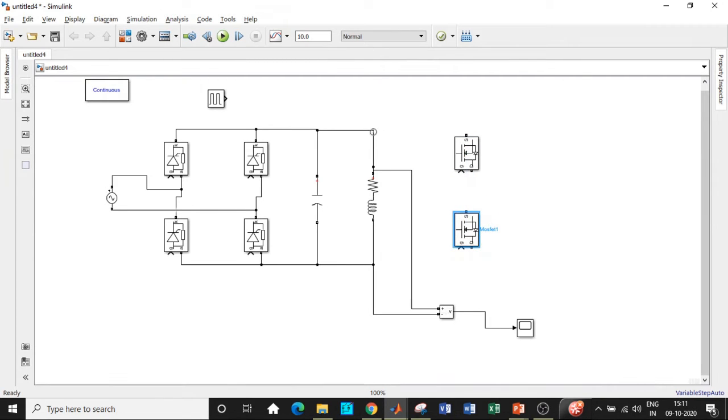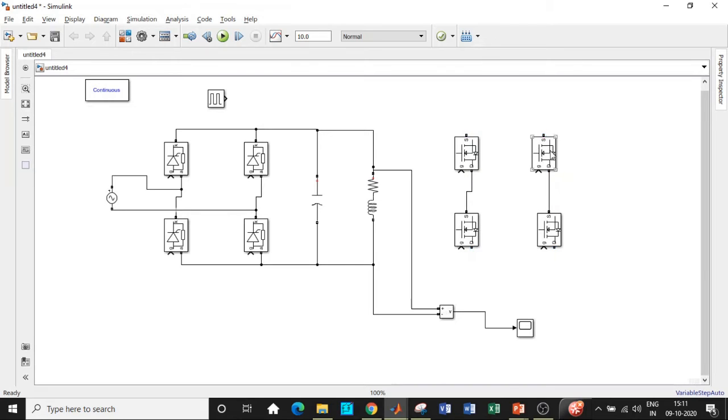We are using it because the supply is DC. If you're using a thyristor, again we have to use an external commutation circuit to turn them off. In case of AC, during the negative half cycle, the first two thyristors, 1 and 2, will be turned off because of natural commutation due to the negative voltage appearing across the anode terminals. So as a result, it will be turned off. But in this case, you have a DC supply, and if you're using a thyristor, we need an external commutation circuit, isn't it? And that is the reason why we don't go for such a circuit.